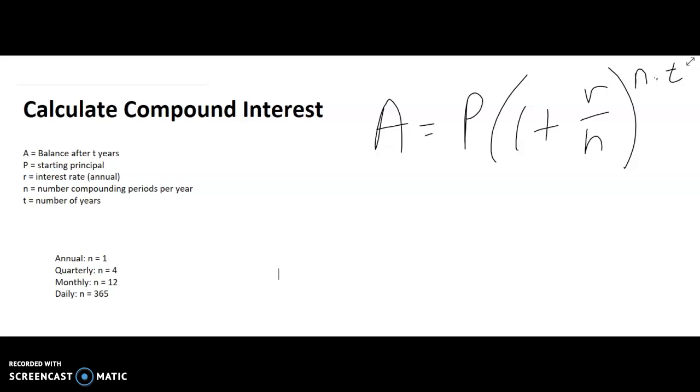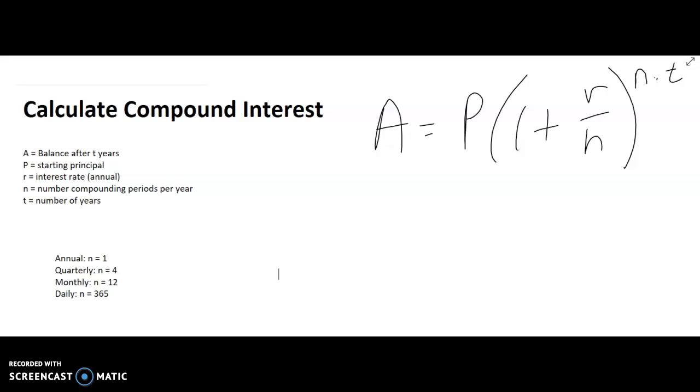Compound interest. Let's calculate it. Okay, so first thing, before we get into actually calculating compound interest, we need to talk about this formula. To the right, in my beautiful handwriting, you're going to see a formula: A equals P times the quantity 1 plus r over n, that's an n, raised to the n times t